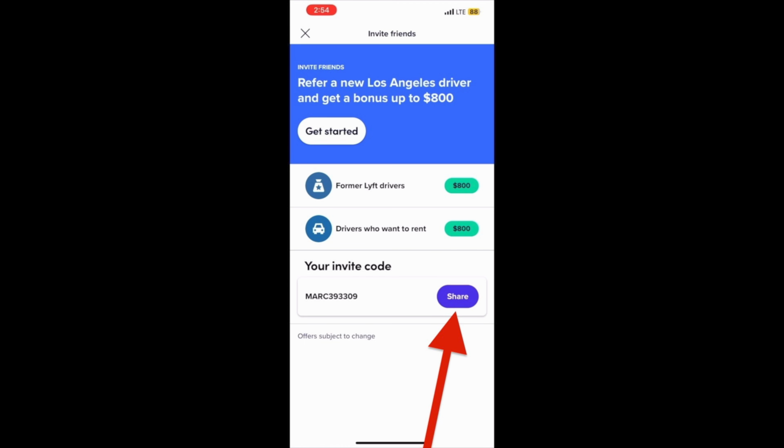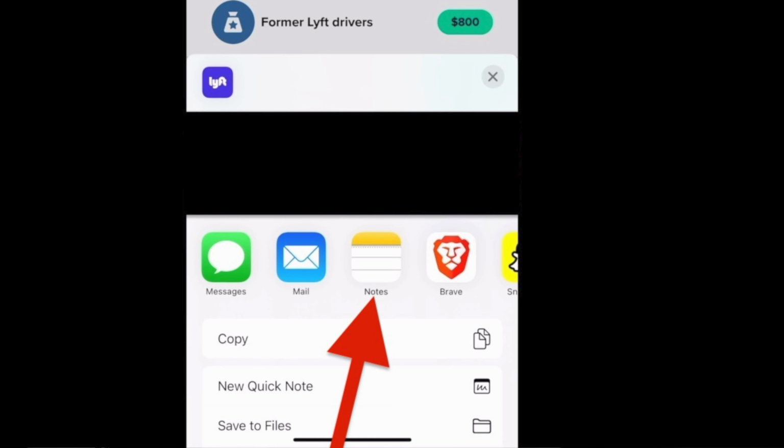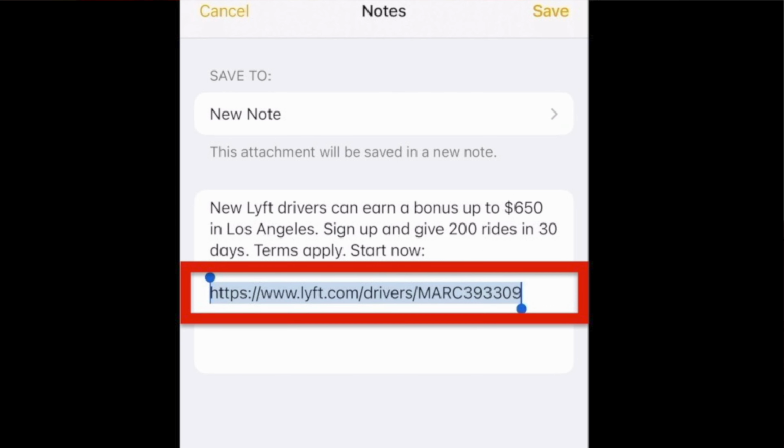So I then suggest clicking share. At this point, depending on your phone, whether you have an iPhone, Android, etc., it will show you a bunch of different ways to share this. My best suggestion, and trust me on this, click the Notes app. That way you can see the full script and, of course, the most important part, the link. So for me, for example, as you can see with my code, it's Mark